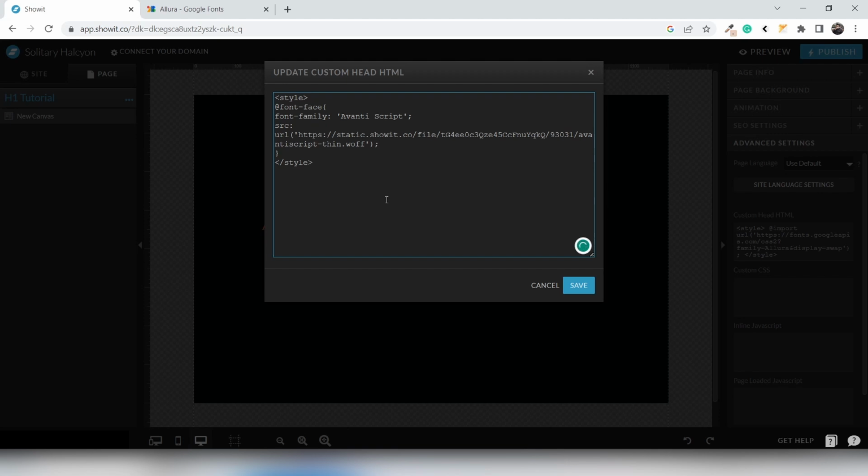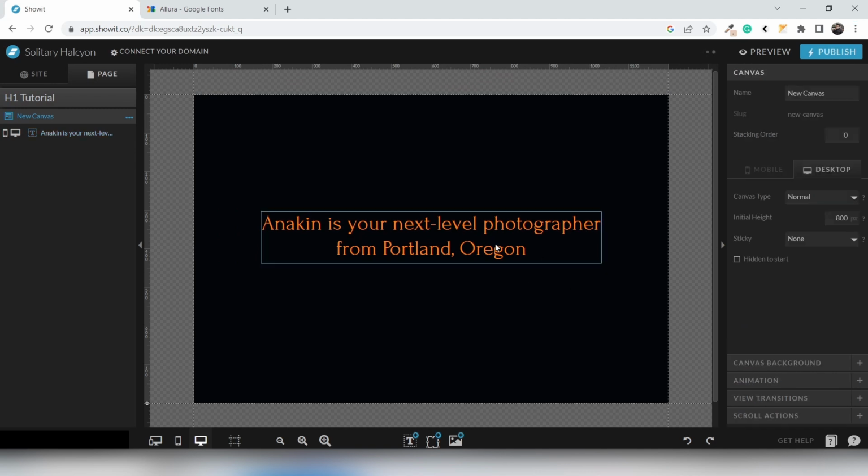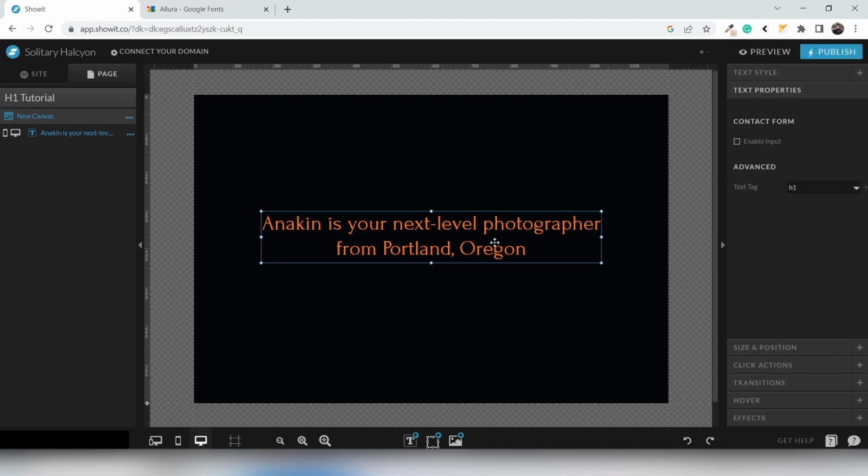Of course, you'll have to convert it into woff and then upload it first to the media library. I'm gonna do a font style normal, and I'm gonna do a font weight normal. This should suffice. I'm gonna hit save,